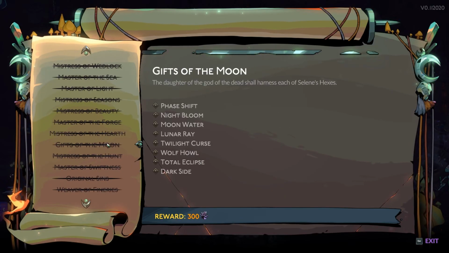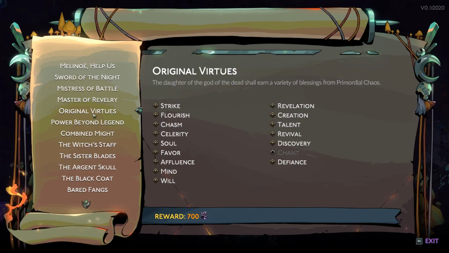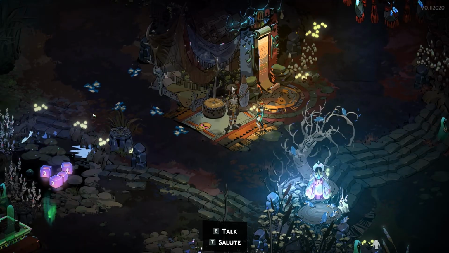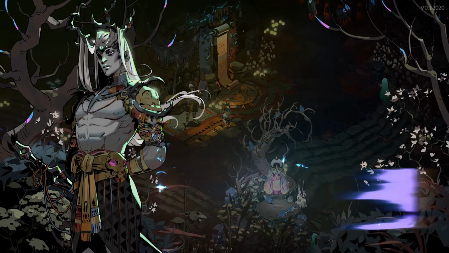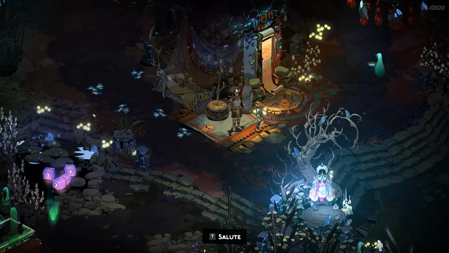So I've done quite a few, but I struggle with different weapons. So I'm quite primitive in this game. I always go with a bonk type of build. I always go with the axe. Do let me know if there's something else. Here we have got Moros, who is, I believe, son of